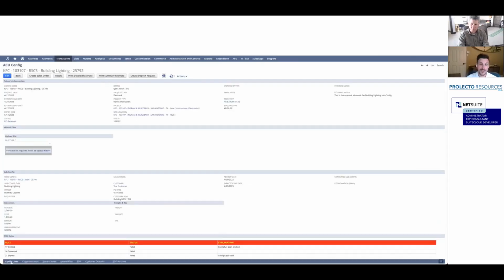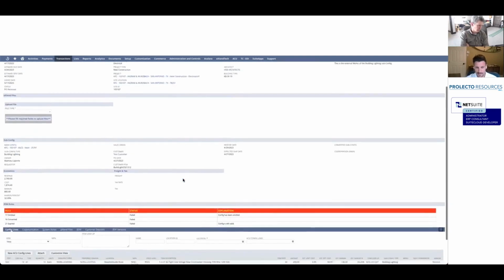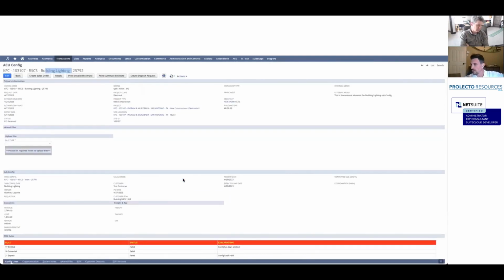The copy function for this client matters because they deal with architects. Those architects usually reuse the same items. So it's very easy for them to find that architect in their database, pull out maybe a config that is 6 months old for a similar project, copy that sub config into a new main config, and then just tweak maybe one or two line items. I can copy a sub config, which has the list of items, and attach it under a new project that I just created.